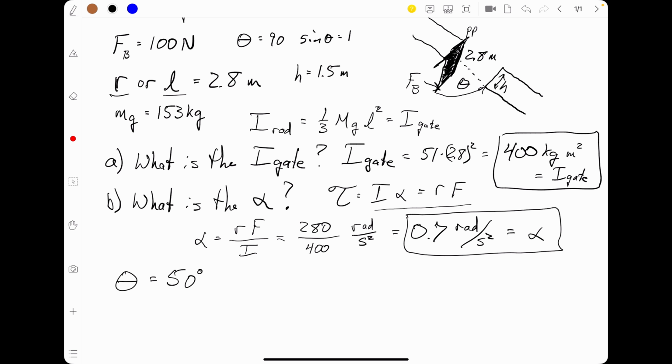All right, different theta. We're not talking about the theta between the force and the radius. That's not a theta anymore. We already decided we don't need to worry about that one. I'm talking about how much he has to close the gate. 50 degrees, okay? So if he has to close the gate 50 degrees, how long